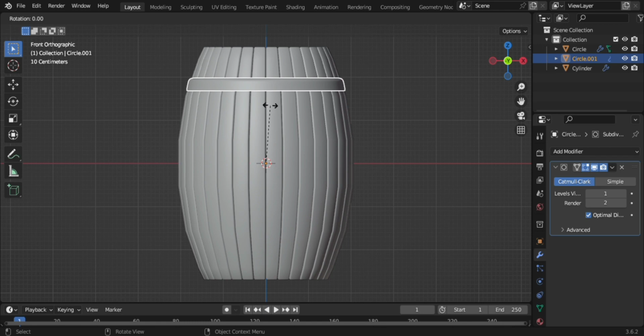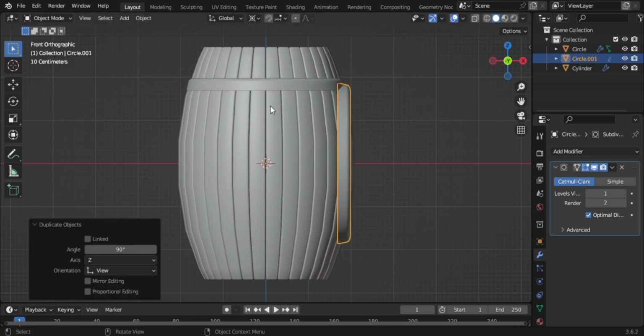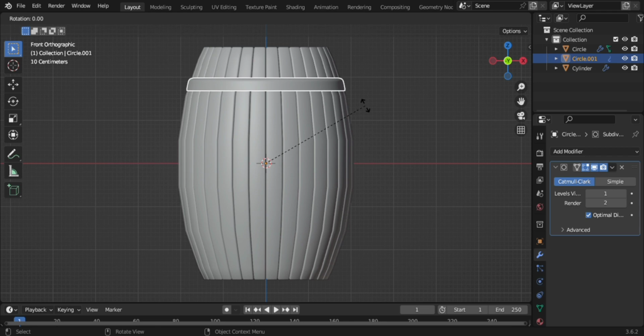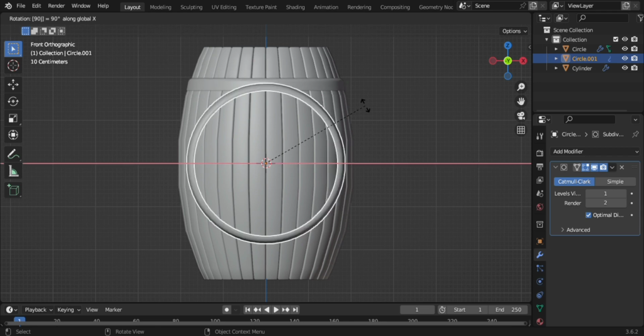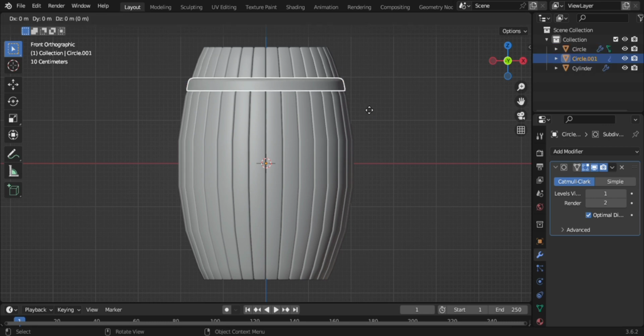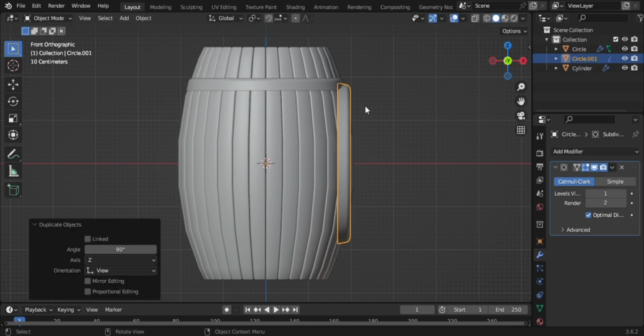So you go Shift D, R, 90. Okay, that's not what we want to do either. I think the mistake is we have to take this back to the median point actually. Okay, so Shift D, R, X, 90. Oh my god, I'm not getting it. Shift D, R,